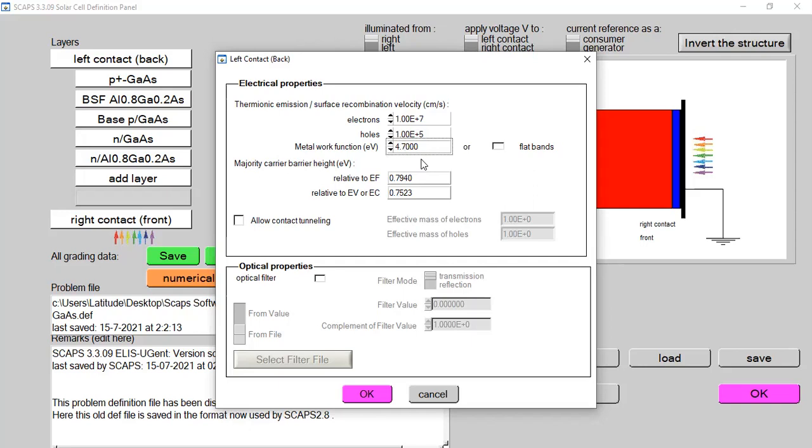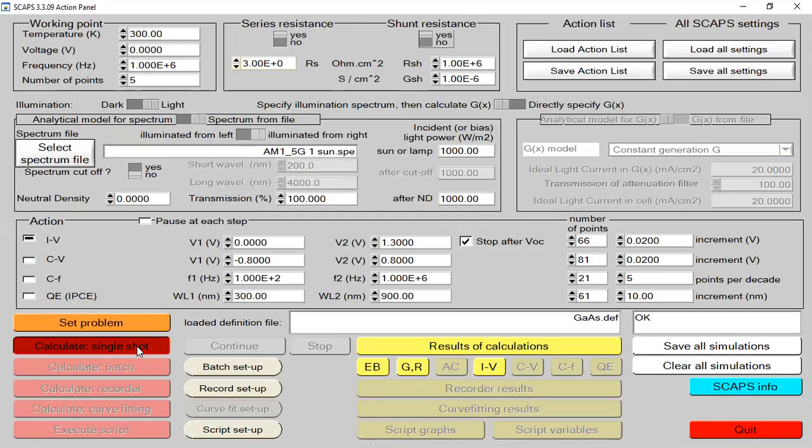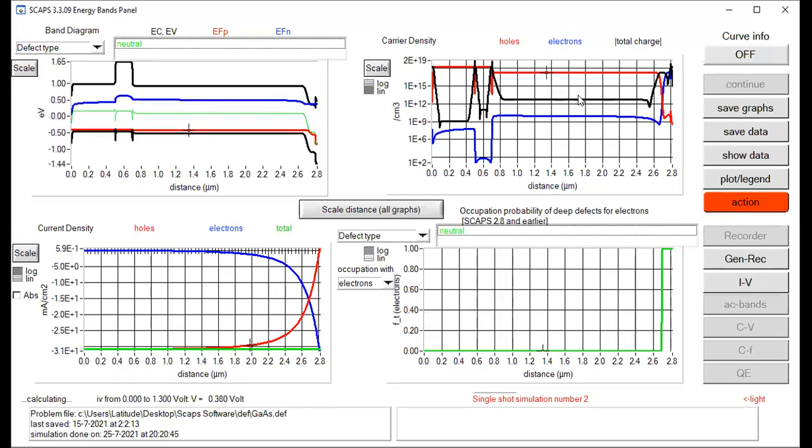Why? As long as I decrease the back metal work energy function lower and lower, it will increase the barrier height of the majority carriers, tend to decrease the carrier mobility, and my energy to extract the electrons from the metal surface will be lowered. Both these reasons make degradation of my performance probable. So I'm going to set this value. Okay. And now once again, I need to simulate. We need to wait while my simulation is being carried out.